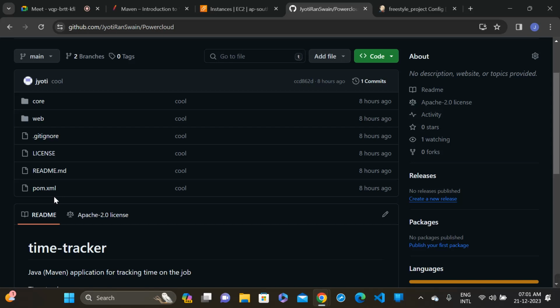The pom.xml file contains the project metadata, dependencies, the kind of project, and the kind of output, whether the project will produce a jar or a war. Let me go inside the